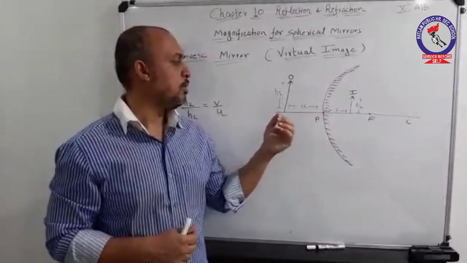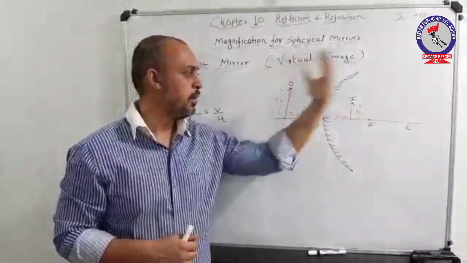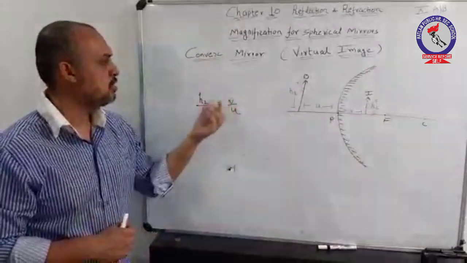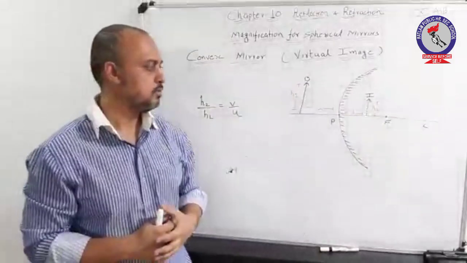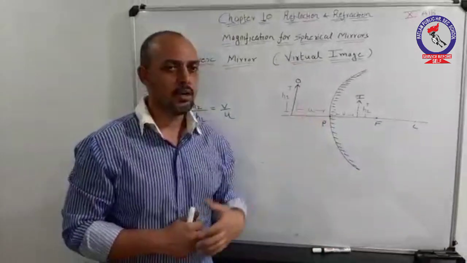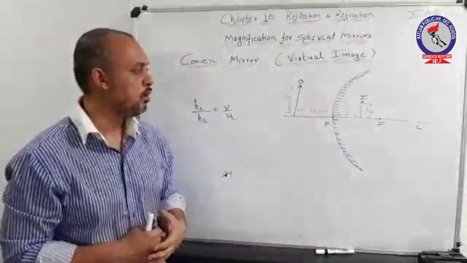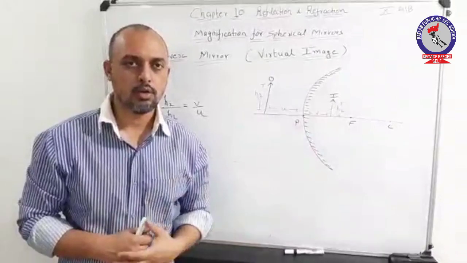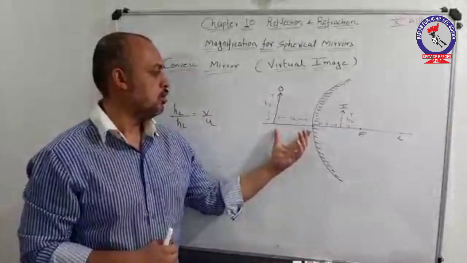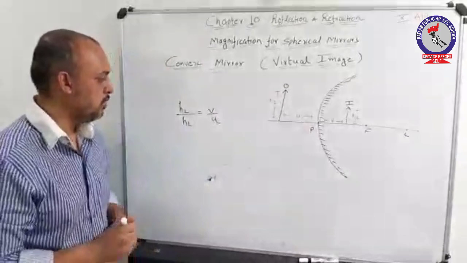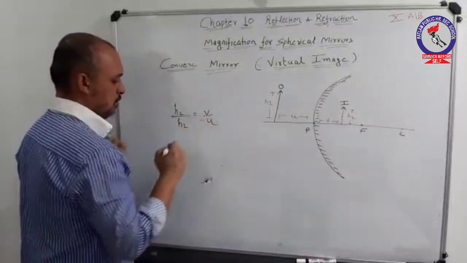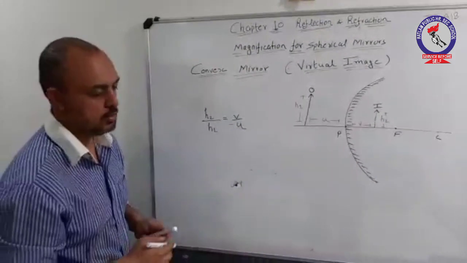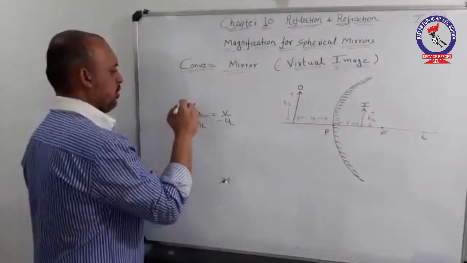Similarly, talking about the image which is formed behind the mirror, for images formed behind the mirror, the image distance is taken as positive. The object is kept in front of the mirror, so measuring the object distance from the pole, we need to move in a direction opposite to the direction of light. So the object distance can be taken as negative. So I'll apply a minus sign here. So you can observe the relation for magnification as h2 by h1 is equal to v by minus u.